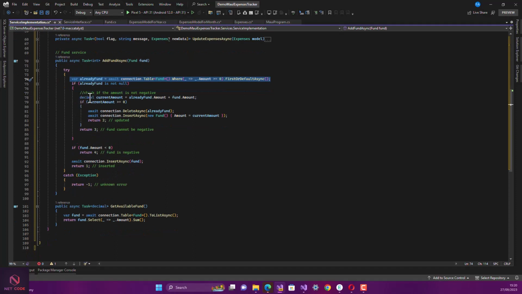Okay, so as you can see from here, we check if the amount is not negative. So we add it to this, and now in case the amount is not negative, then we are going to delete the old one and insert a new one, and I return 2 as updated. In case it is negative, we add this and have negative, you want to